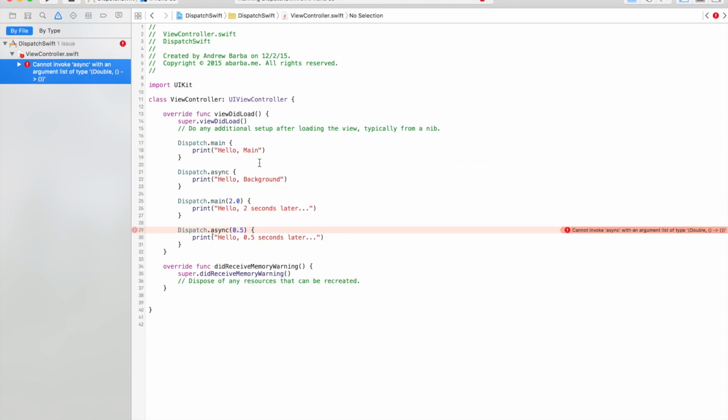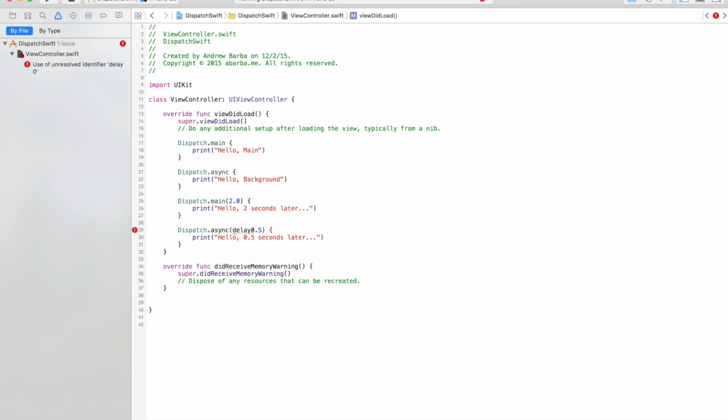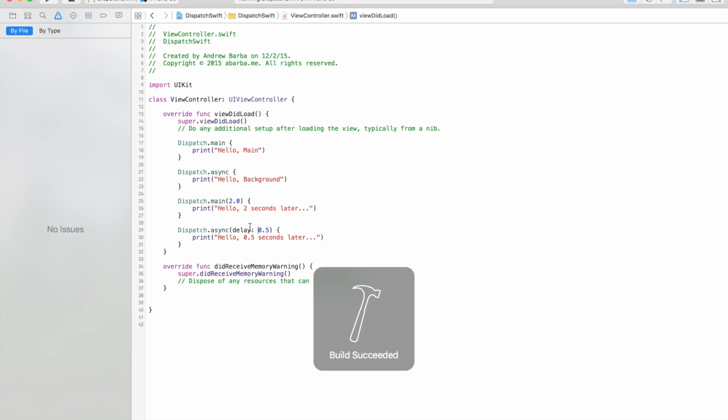Alright, so the issue here is in async. In Swift, the first parameter never requires a label. All your subsequent arguments do. So in this case, we actually need to put the delay here, and this is a good thing. I think this is more clear. If you just call it dispatch.async 0.5, that's not really clear to me. I actually like having the label here, so now you'll notice this succeeds in building, and if we run this,